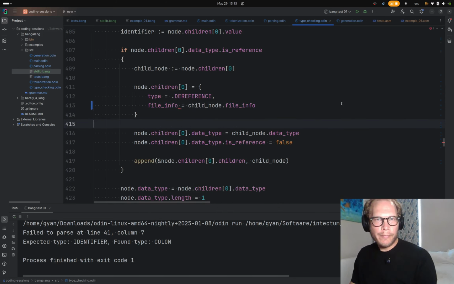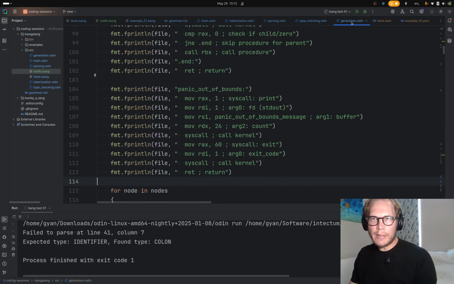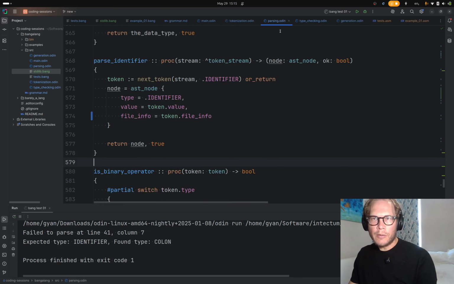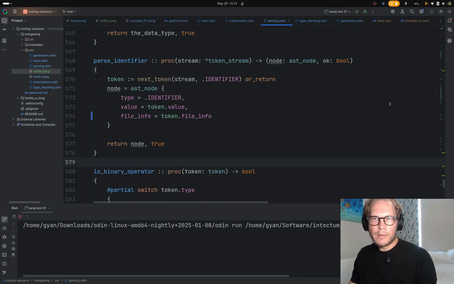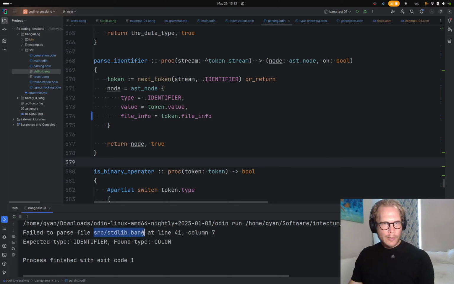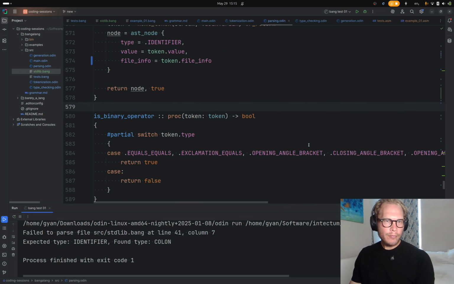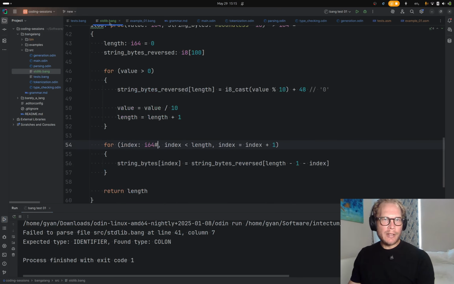So is that all of them? Is that everything? Are there any more errors? Can I get on with my life? There we go. So failed to parse file blah blah blah at here. Okay, so we know it's in the standard library. So we can go to the standard library,